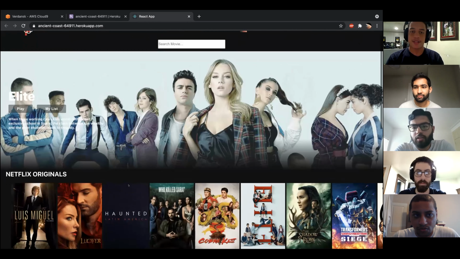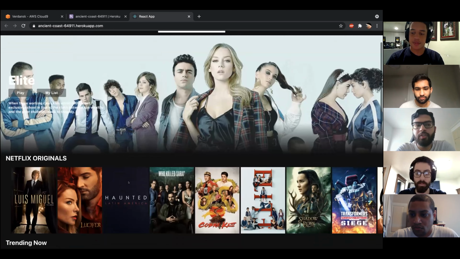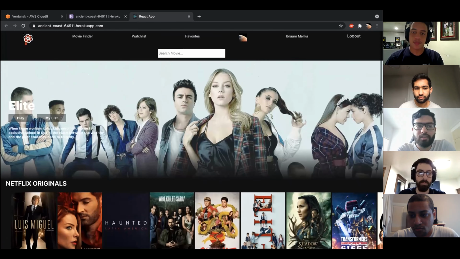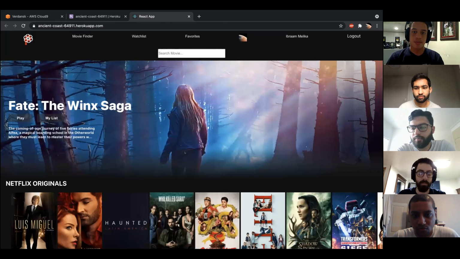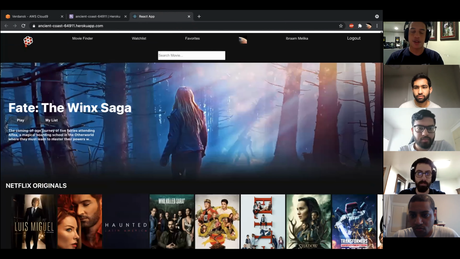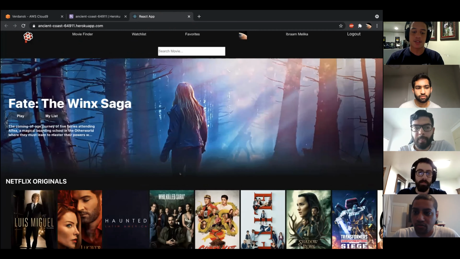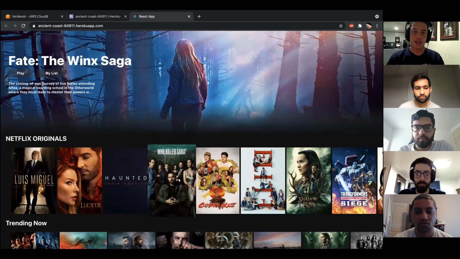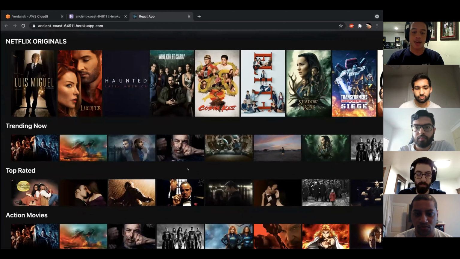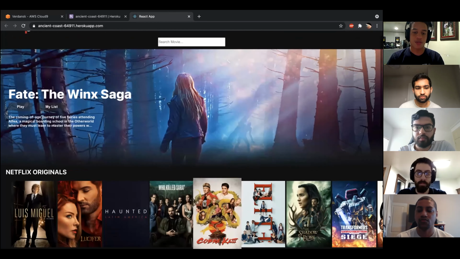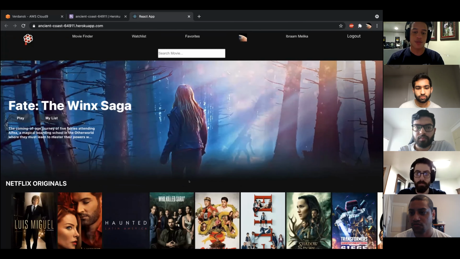Sure. Also, Catherine has asked a question. We use the movie database API, or TMDB. And we have a REST API endpoint set up on the back end, not to access that API, but for the user information, for what stuff they have favorited, to keep track of that. We have a REST API endpoint on the back end that allows the JavaScript to interface with that and communicate what's favorited, what's not favorited, and also ask that from the server.